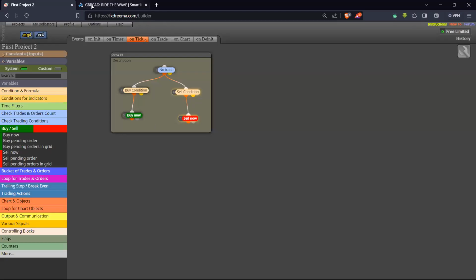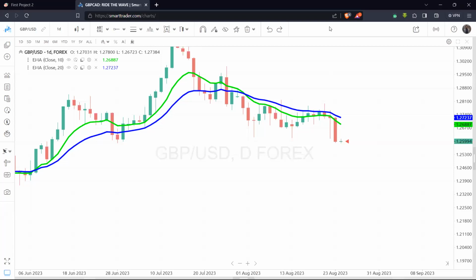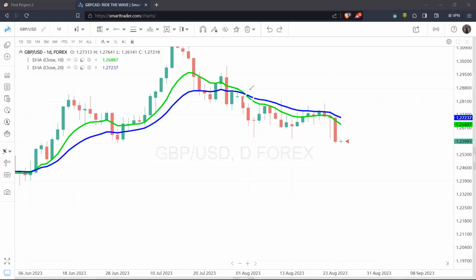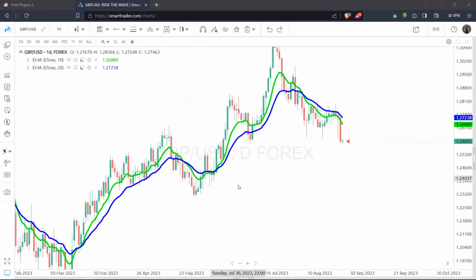So now, before, what we're looking at is, well, if there's a crossover, right? Let's say the crossover that happened here. Okay, let me change the color of this. So if this crossover happens here, it will take a sell because that's a selling signal. It will put stop loss 50 pips and it will put take profit 100 pips. However, what we'll look to do now is try and take advantage of the trend, since this is a trend-based